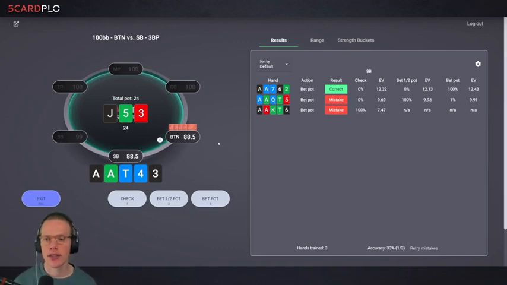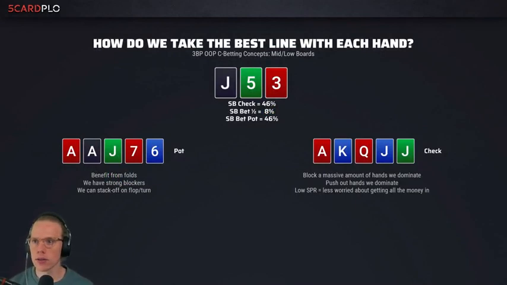And this is the kind of thing where you guys should be doing your own study, your own training in these spots, because it does take a little bit of practice, as you can see, in terms of which hands we maybe want to pot, and what the thresholds are on different board textures, and that kind of thing. So we'll go back now into another board texture example. If we go back to our slides